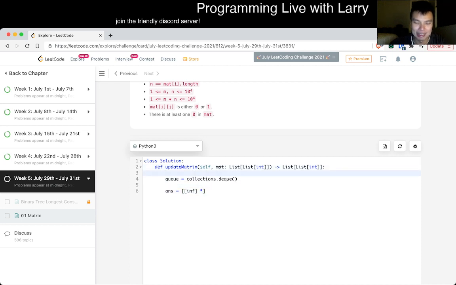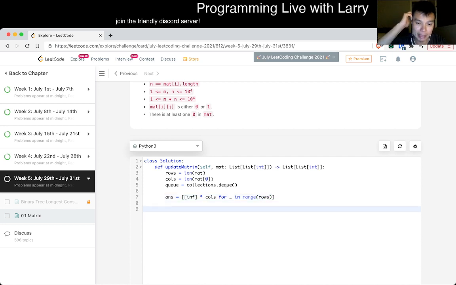I'm doing this a little bit in weird order, my bad about that. Let's set up the rows, let's set up the columns, and then here we do a very normal initialization of the matrix, and then we try to figure out, start with the zeros, right? So yeah, let's do from